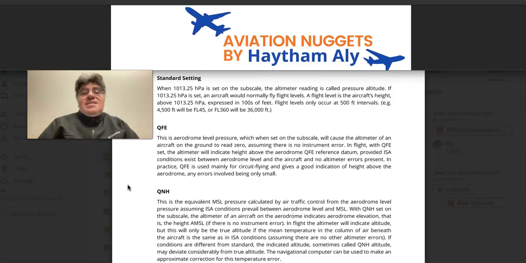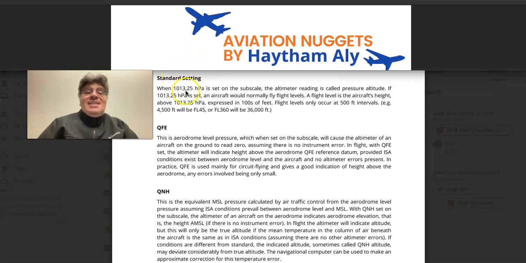This vertical distance may be altitude if the altimeter pressure setting is QNH, related to mean sea level. And this altimeter may show us height if the pressure setting is QFE. And the altimeter will show us flight level or pressure altitude if the pressure setting is the standard setting,